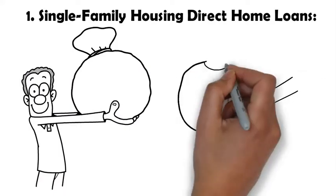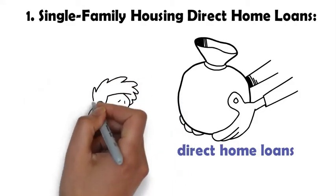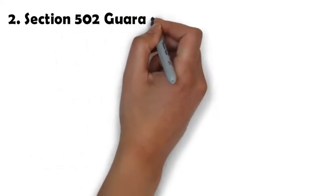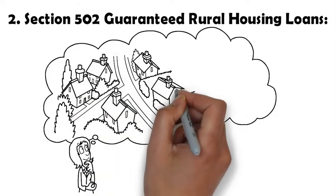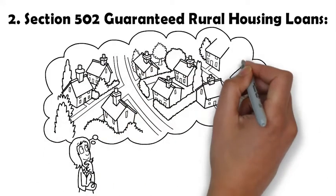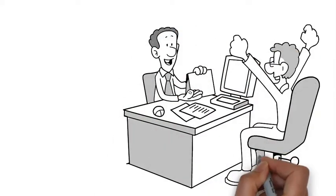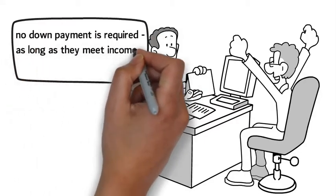The USDA funds these loans directly, hence the name, Direct Home Loans, for Americans who can't access financing for adequate housing by other means. Number 2. Section 502, Guaranteed Rural Housing Loans. These go to low and moderate income applicants who want to purchase homes in eligible rural and suburban locations. Qualified applicants may receive up to 100% financing, meaning no down payment required, as long as they meet income and